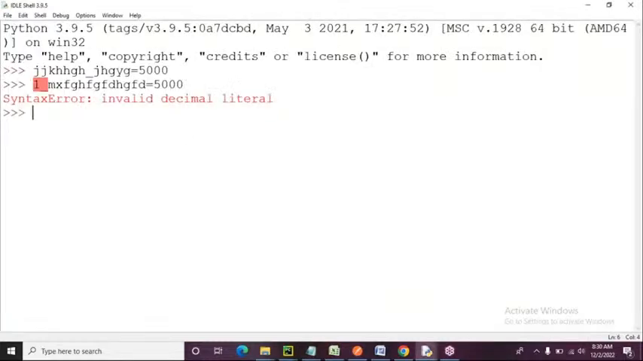That means I cannot say like this: I cannot say if equal to 200. Can I say if equal to 200? If is a keyword. I cannot say while equal to 5,000. I cannot say for equal to 6,000. This is not possible. This is what the first rule of